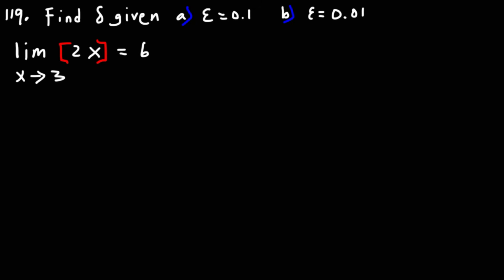Number 119, we have the limit as x approaches 3 of 2x, which equals 6, and we want to find delta given two different epsilon values. How can we do this? Well, using the precise definition of the limit,